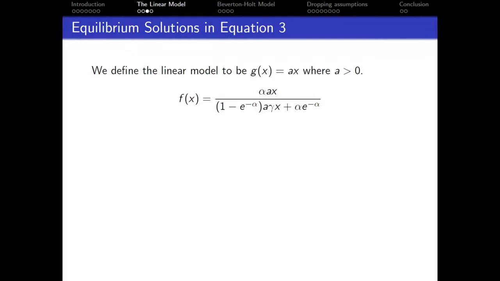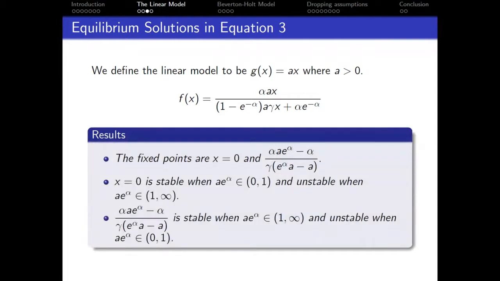Substituting ax in for g of x in equation 3 holds a very similar process. In this case, the f of x function becomes as is shown on the slide here. Once again, we perform algebraic calculations to find that the fixed points are x equals 0 and x equals alpha a e to the alpha minus alpha all over gamma multiplied by the quantity e to the alpha times a